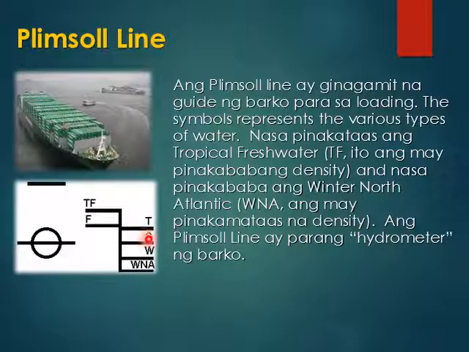And then S here is for the summer line. And then W here is your winter line. And then W and A represents the winter North Atlantic line. Now, based dito sa plimsoll line, actually, naka-arrange to na parang sa hydrometer, na naka-arrange siya according to the density